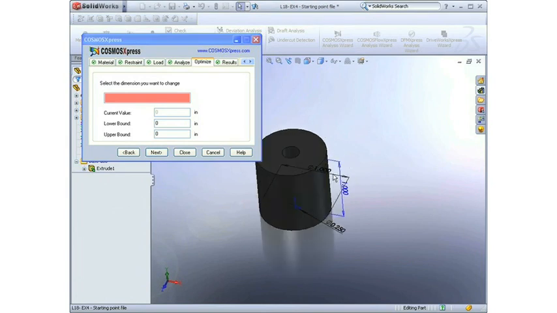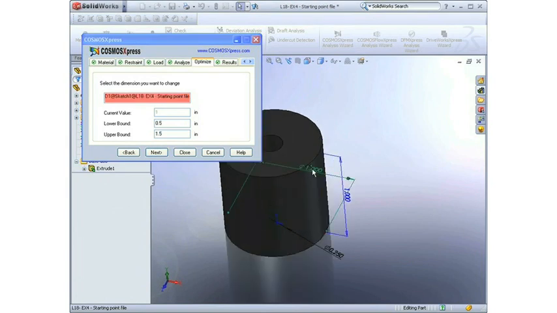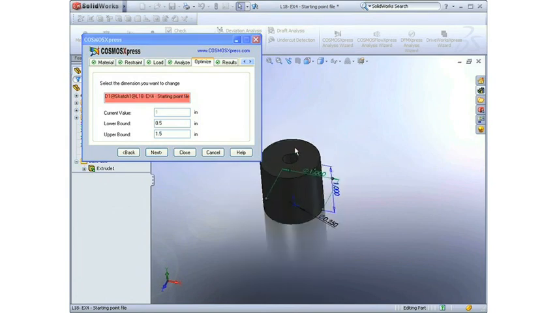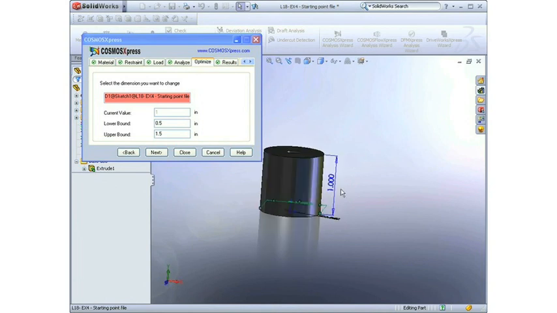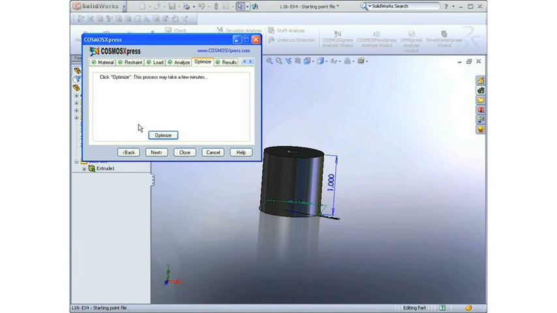Now, of course, the dimension that we want to modify is the diameter, because the center dimension is for the bolt running through the middle, and the overall height is obviously the dimension we're trying to maintain. We can enter an upper boundary of 2 inches, and obviously the lower boundary is insignificant because we know the model is going to have to enlarge in size. I'll now select Optimize,